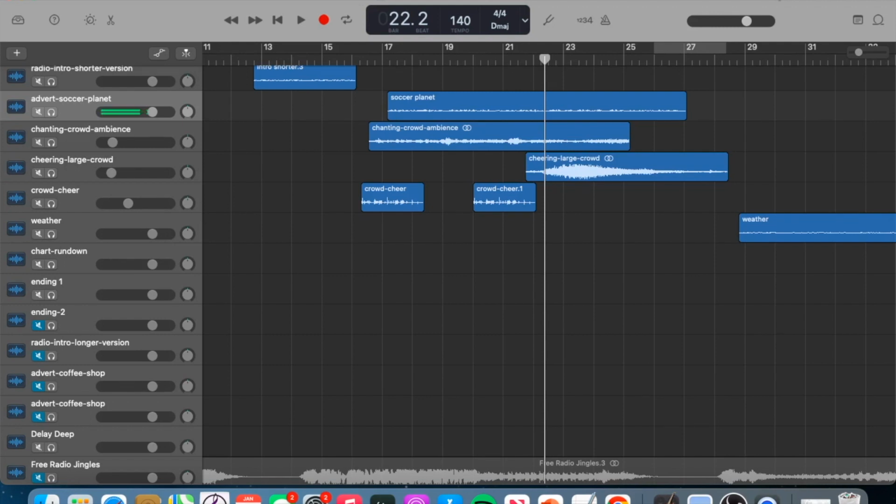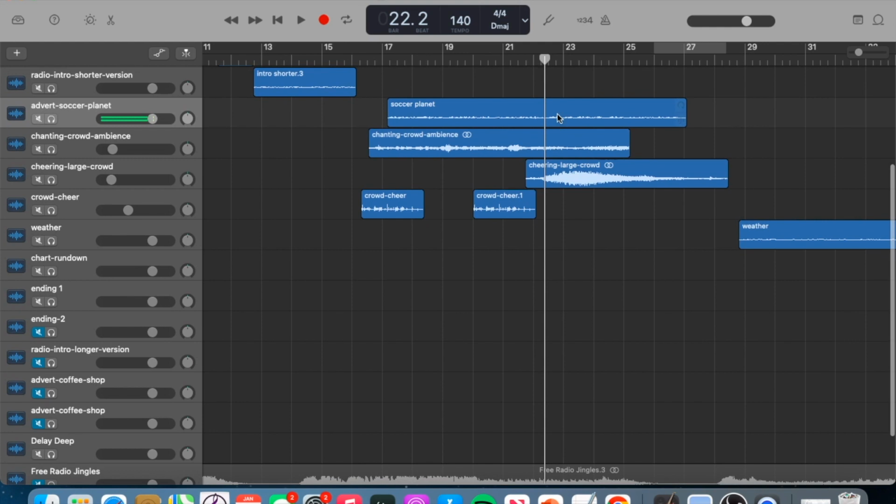Today we're going to look at something really simple, and that is panning. One of the reasons we need to look at panning is because it is an essential requirement at Nat 5. To do a bit of panning in this project, I'm going to have a look back at my Soccer Planet